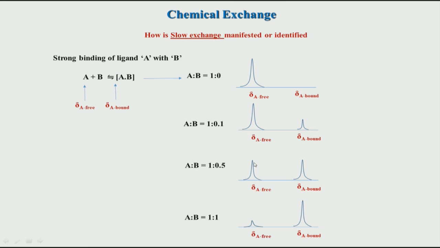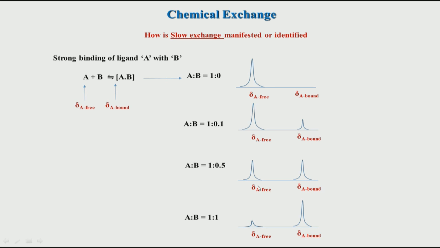Now, suppose I add a large amount of B, and now B and A are 1:1. In that scenario all the complex should now go to the A–B complex. So, the peak of A will be very small. It may be 0, it may not be 0, because remember there is an equilibrium. It is possible that the complex goes back to the free form, and therefore some peak of free A will also appear, because it is not 100% going to the complex; it is always a dynamic equilibrium. So, in that scenario you will get a small peak, or you may even get a very little peak.